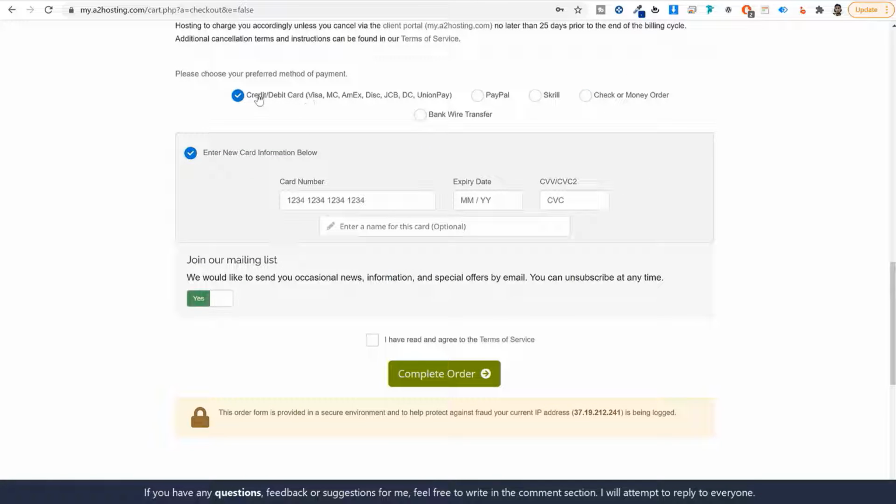Now most of you would be selecting credit or debit card. So just select this option and enter your card details. Now just remember one thing, only these types of cards are accepted over here: Visa, MasterCard, American Express, Discover, and a few more types. Now the reason I'm saying this is because many people in India,